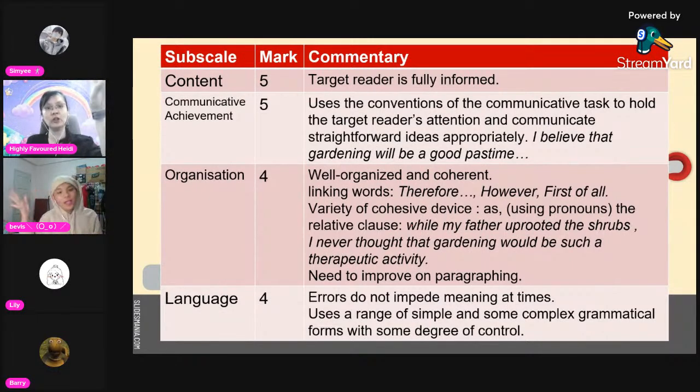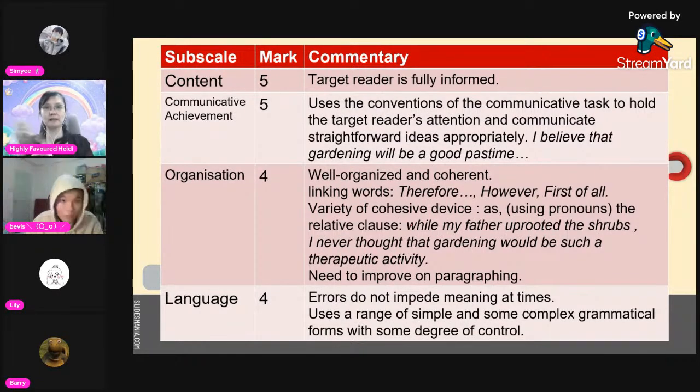You have seen just now. Content, everything, fully informed. Communicative, also communicates well. Organization, the paragraphing wise, that's why it is in between the 5 and 3. It's not as bad as 3, but it's not until the level of 5 due to the paragraphing and the cohesive device. Remember just now the vegetable beds, you put it instead of them. So the language also is not as bad as 3, but it's not until 5 because grammar like subject